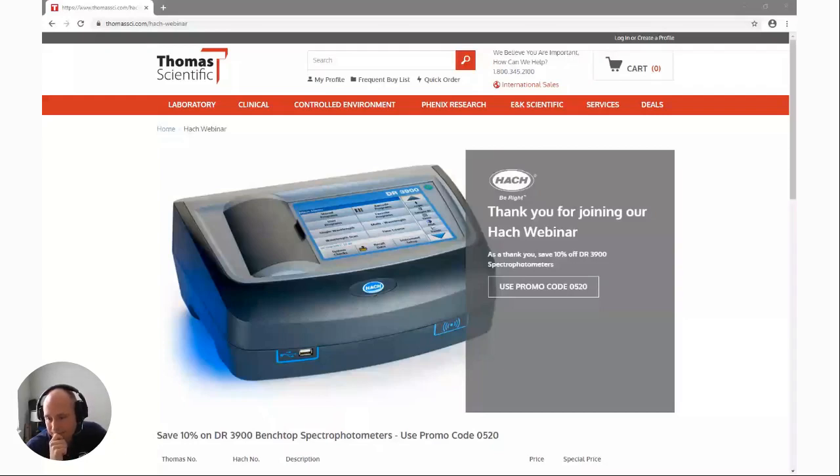Kelly Walker asks, how do we sign up for the recycling program? That's a great question. That's something we can do directly through Hach, and I guess, Gretchen, we need to talk about doing that through Thomas. That's a great idea. So, Kelly, I think we're going to have to get back to you on running that through Thomas.